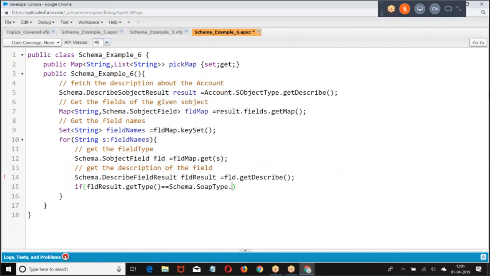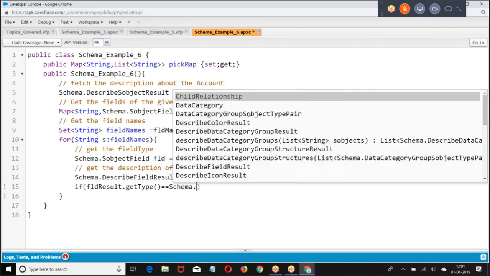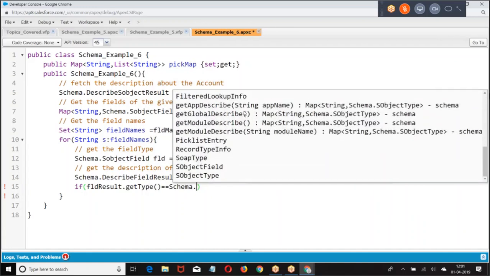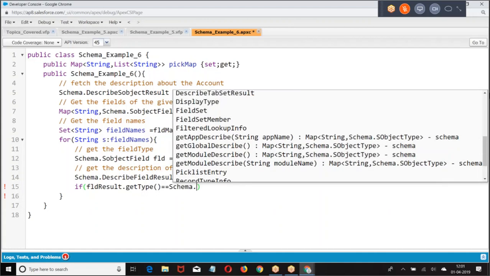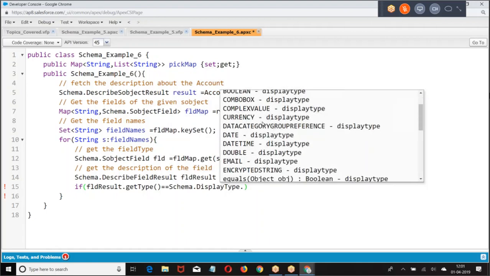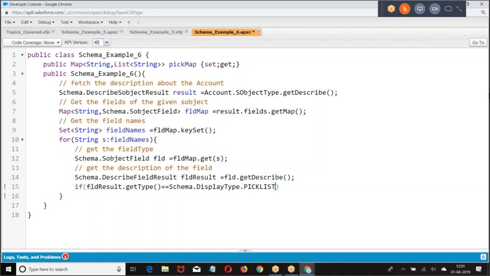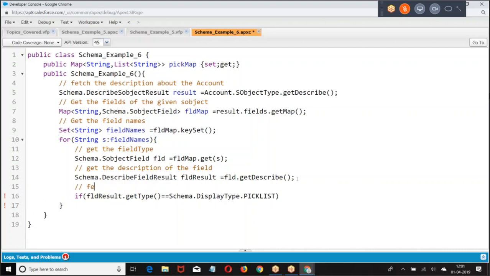SOAP type. Display type, pick list. Is the data type. Field result dot get type. What was this? Get the data type.